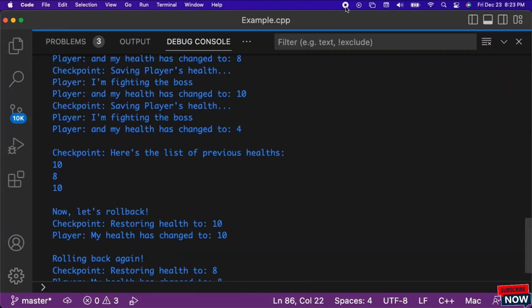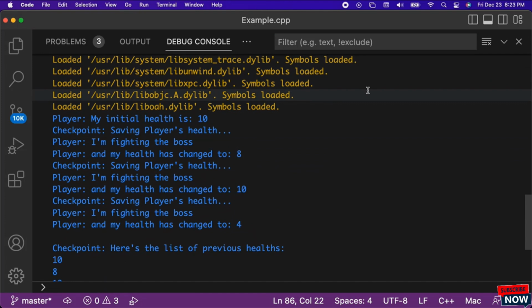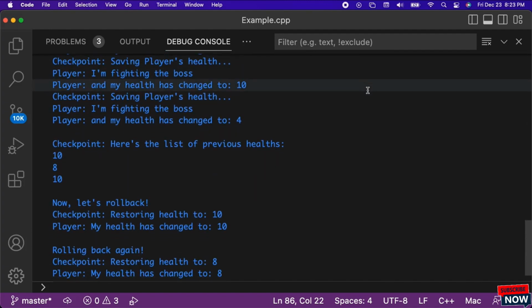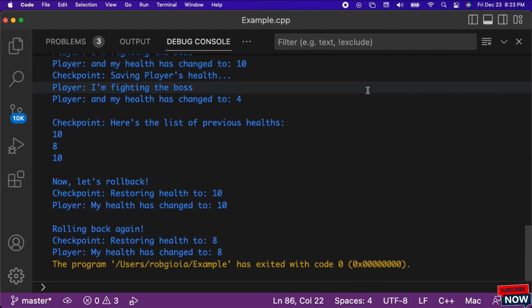When we run the code, our Memento code successfully keeps track of the player's current and previous healths, and is able to roll back to a prior save point, restoring the player's health to the value it was at that checkpoint. Notice that the player starts out with an initial health of 10. Then the checkpoint saves the player's health. After that, the player starts to fight the boss,